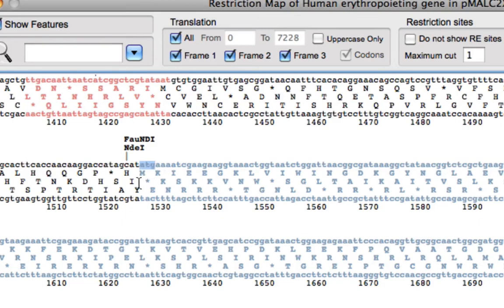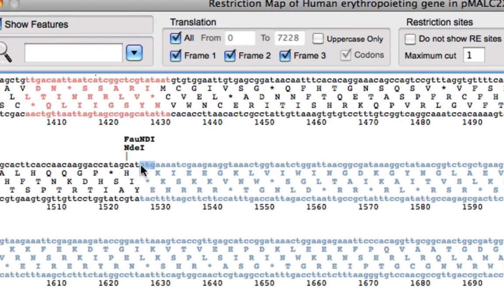The 1528 nucleotide starts at A. ATG is the first codon, and that is read in frame 1 as methionine. So that's where our maltose binding protein starts. At 1528, it's reading frame number 1, right? MKIEEGK, that's the amino acid sequence at the start of maltose binding protein.